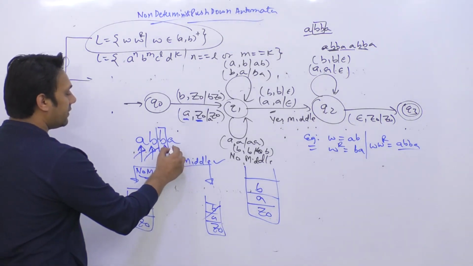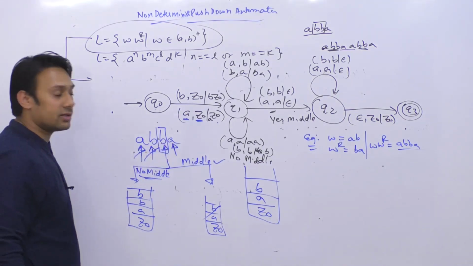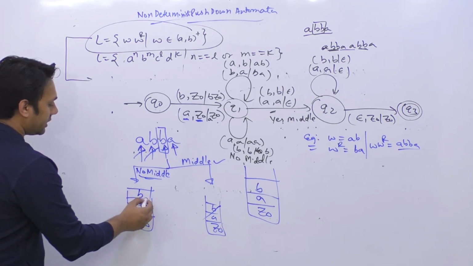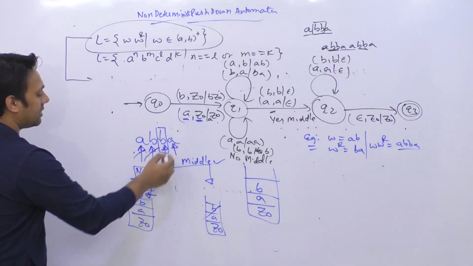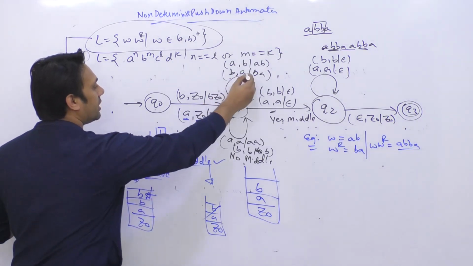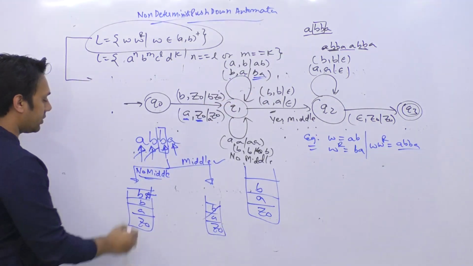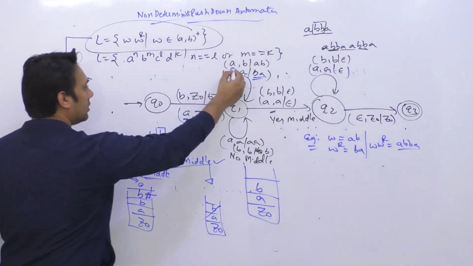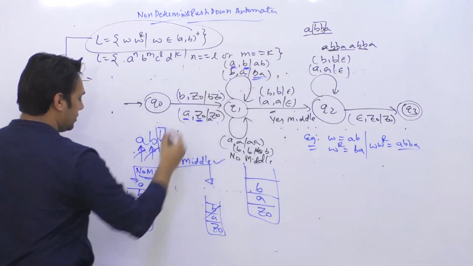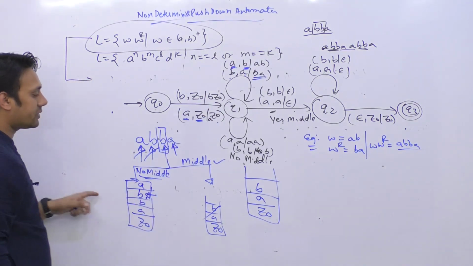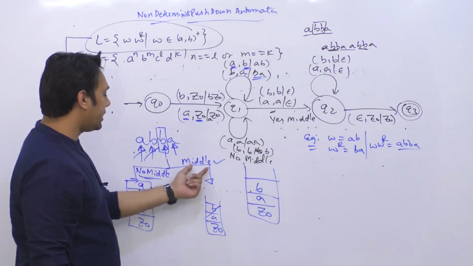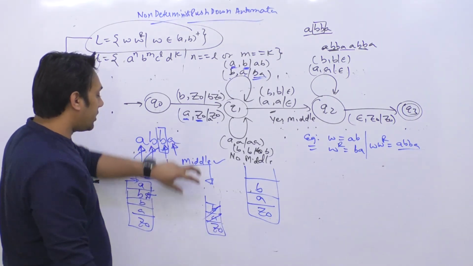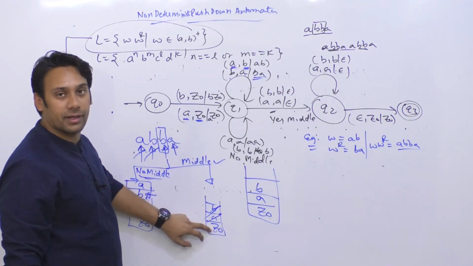Now the next symbol after this is A. The transition which assumed that the middle point has not been reached will say that the top of the stack is containing B and the symbol is A. So because it is B comma A, it is going to be BA. That means I'm going to insert this A. This is B, the top of the stack, and this is symbol A. So I'm going to insert this AB onto the stack. And the transition which assumed that the middle point has been reached, by looking at this A, will remove this A from the stack.